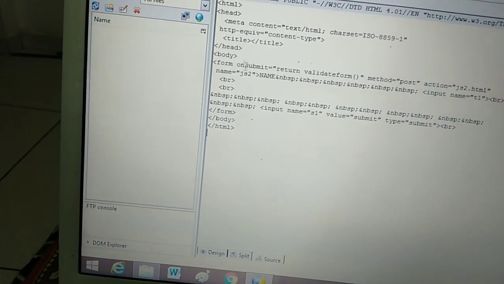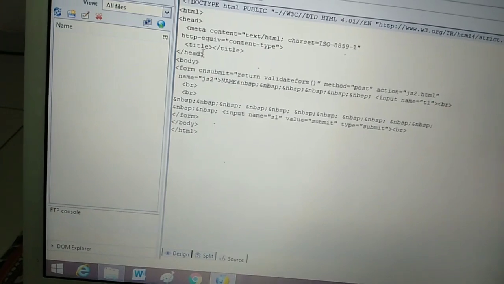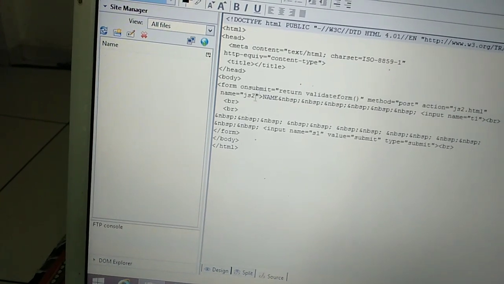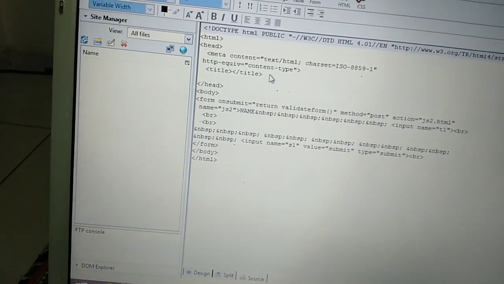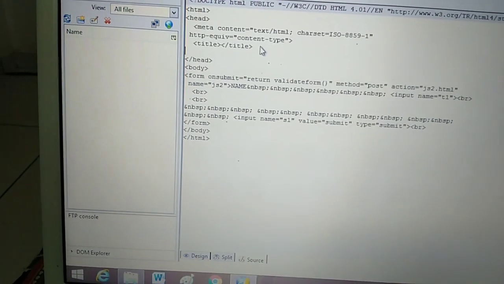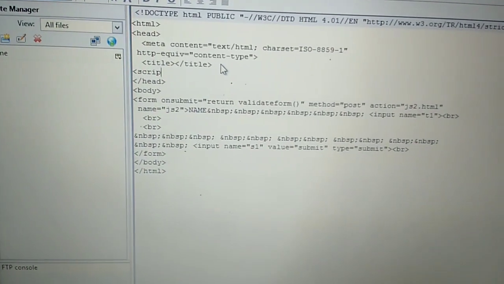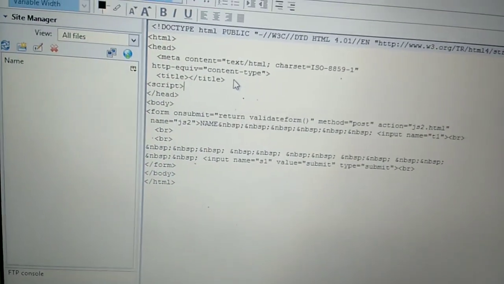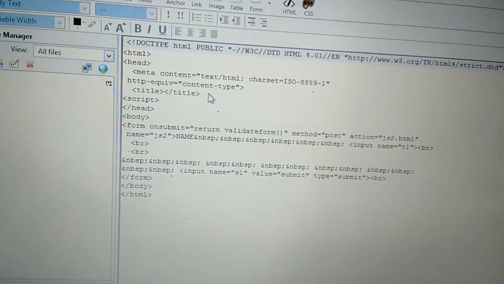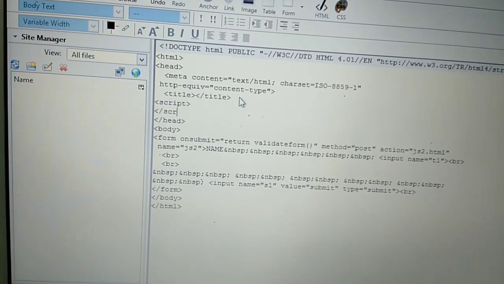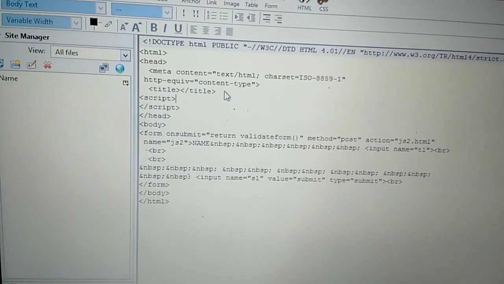If you want to use JavaScript, then you have to choose the source tab. Inside the source tab, can you see the HTML tag? And the JavaScript tag is always written in the head tag or body tag. Generally, it is a good practice to write your script tag inside the head tag. Now I am writing my script tag, script. Why am I writing script? Because if you want to add JavaScript code, then you have to write the script tag. Now script is a container tag, that's why you have to close your container tag, that is the script tag.